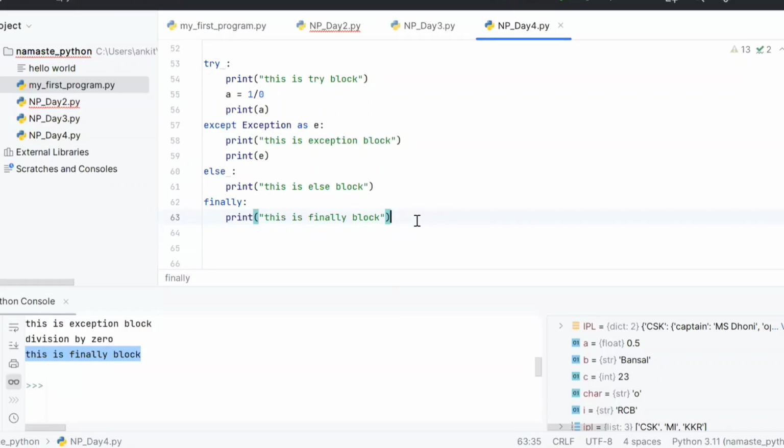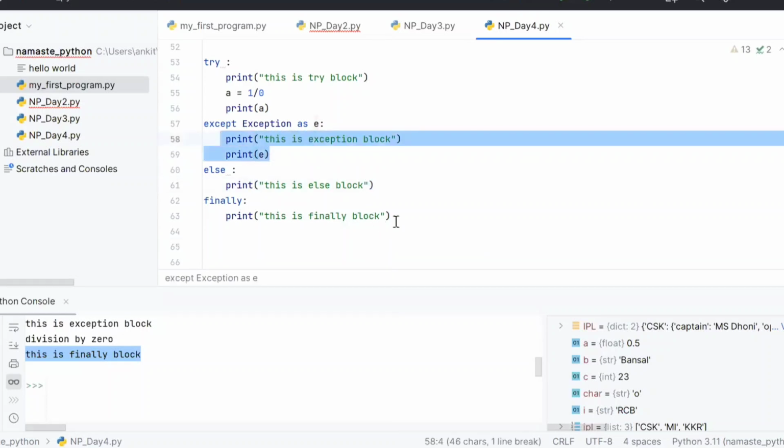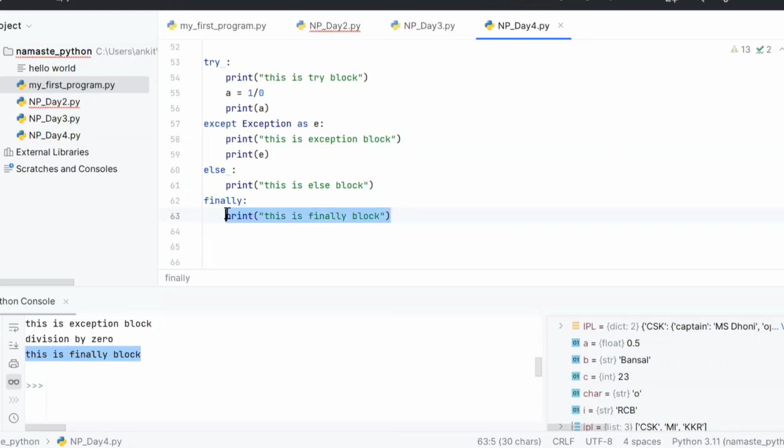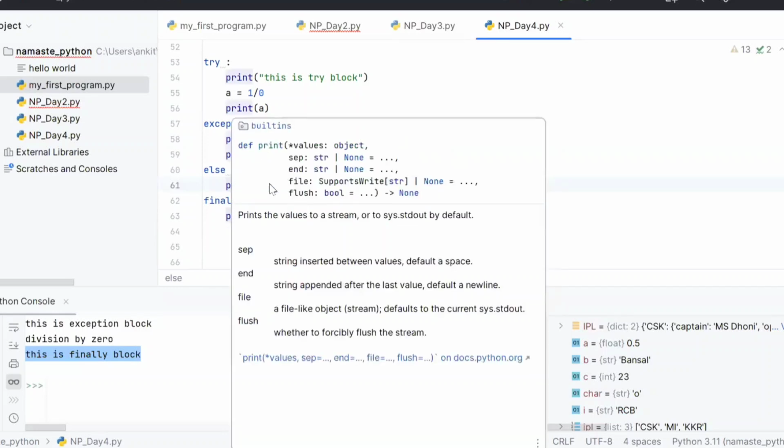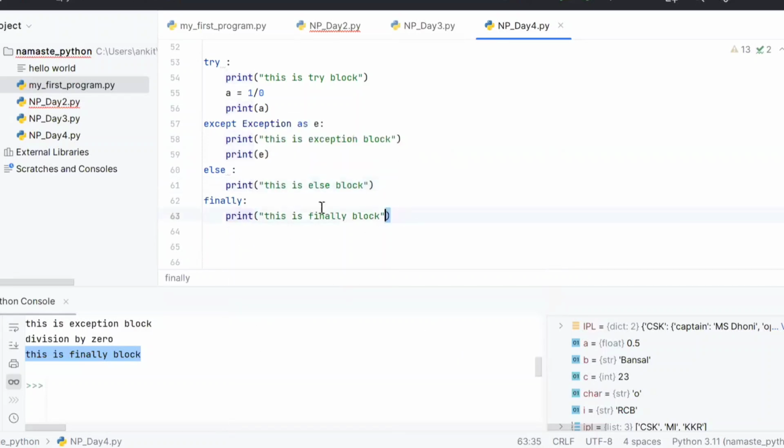Okay. So if that is the case, whatever code we want to keep in finally, we can also keep in else, right? No, that doesn't make sense. Even if an exception is there and you want to run something, you will put it in finally. If you put it in else, it will only run if the exception is not there. So if you want to run something irrespective of whether an exception is there or not, it will go in finally.